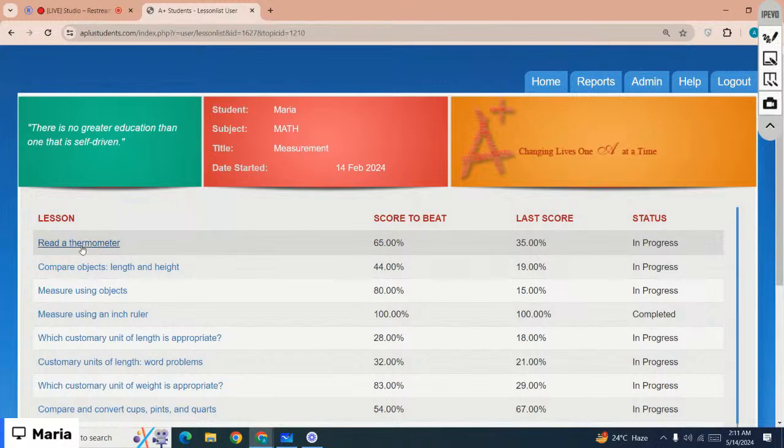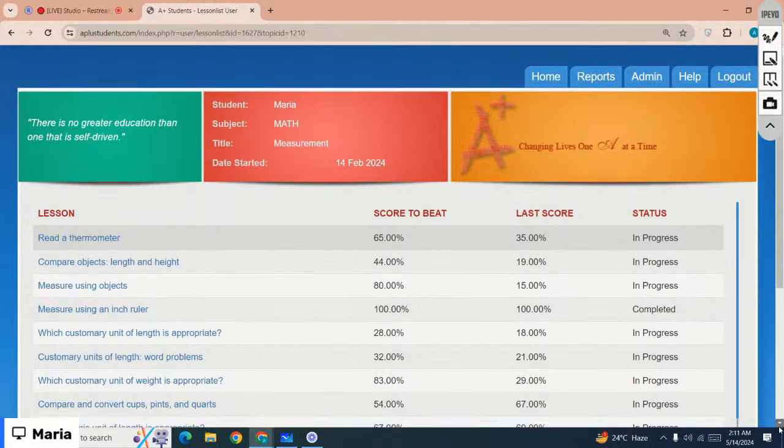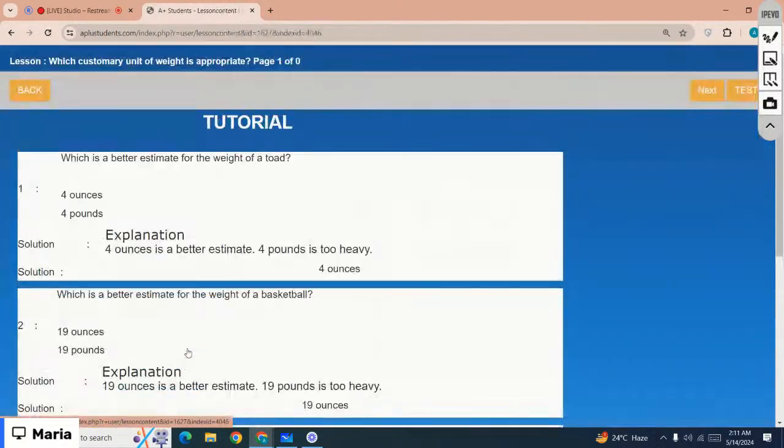Okay, the next lesson is which customary unit of weight is appropriate. So let's just start with the next lesson. The first one is which is a better estimate for the weight of a food, 4 ounces or 4 pounds. Basically, they both have the units of weight, right? You have to see which is the correct option. The correct option is 4 ounces